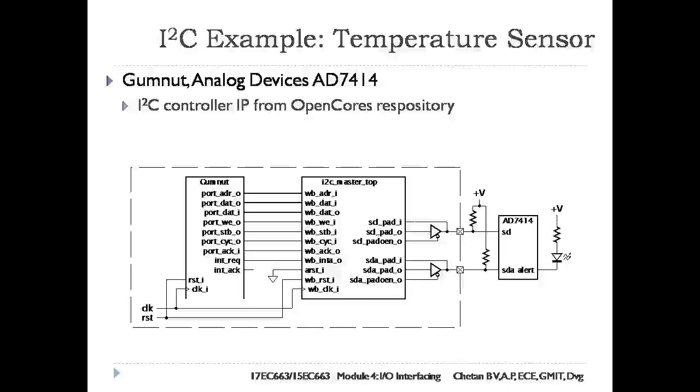We connect the alert output of the sensor to an LED indicator. The sensor allows the embedded software to program threshold temperatures beyond which the alert indicator is activated. The system is designed as shown in the figure. The use of the serial I2C bus allows connection to the temperature sensor with only two wires, resulting in a substantial reduction in system cost compared to connection using a parallel bus.